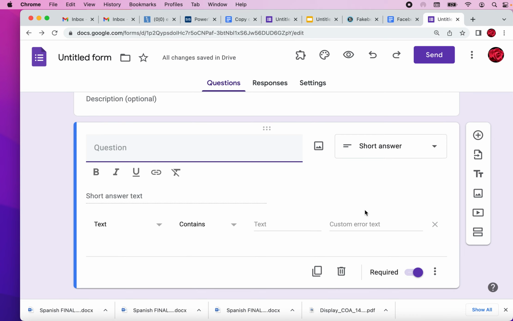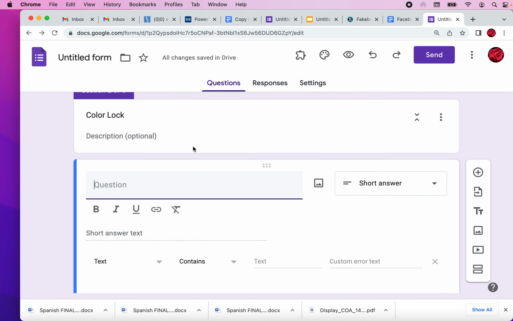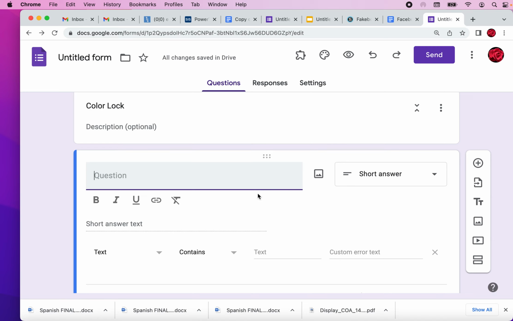So there's 2 ways you can make your locks appear. You can either do a riddle where you will copy and paste a riddle here, like your riddle would have to do with a certain color for this lock because it is a color lock, or you can make your own clues, which will be in a separate tutorial on making your own clues. But for now, I'm going to hit the little icon here to add a picture,